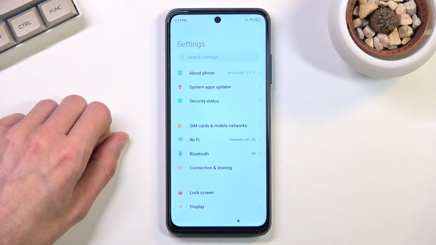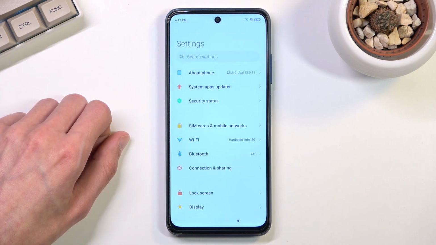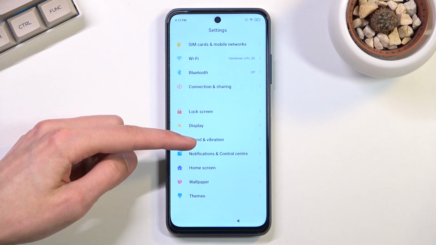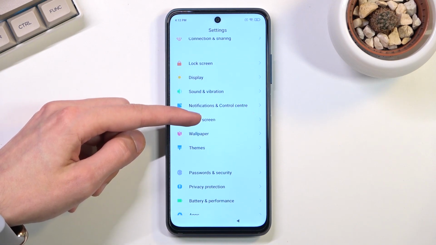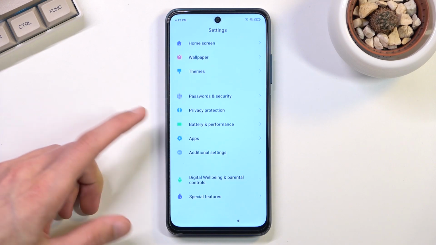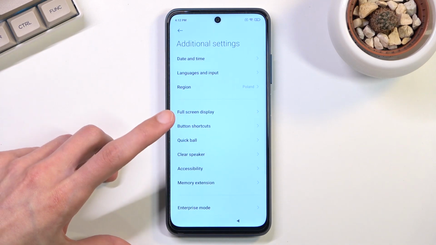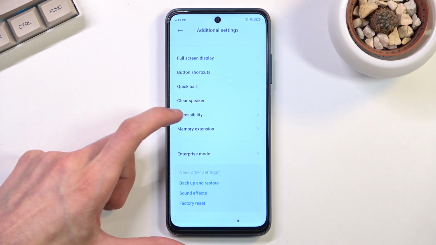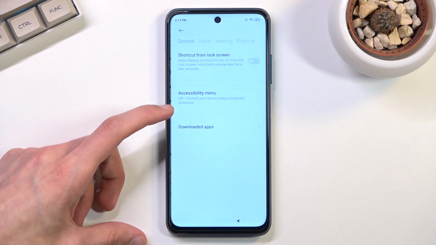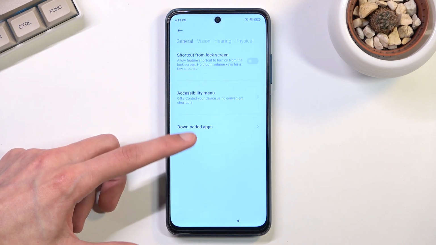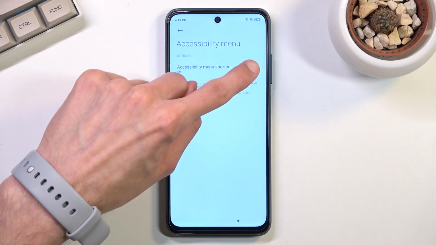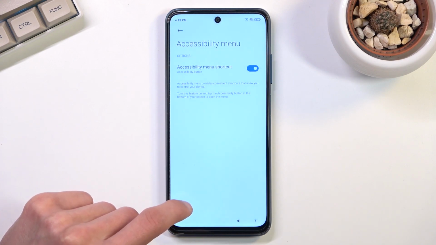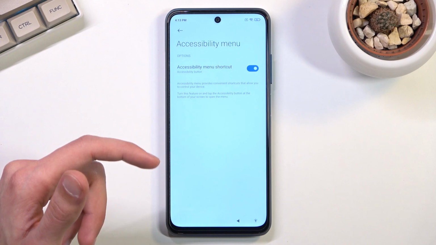So you want to select open in here, and once you open it up, we will now go to, where is it? I believe it's going to be in additional settings. So that's what you want to open. And oh, there we go, accessibility right here. So once you find accessibility, click on it, and from here we're looking for accessibility menu. You want to toggle it on, allow, OK, and once you have basically enabled it, we will now simply back out